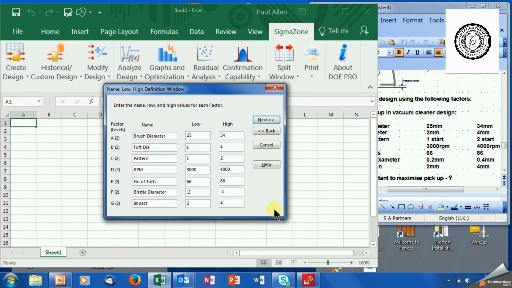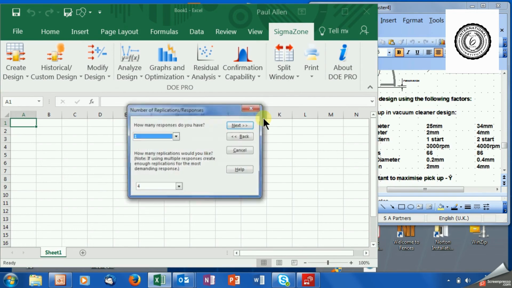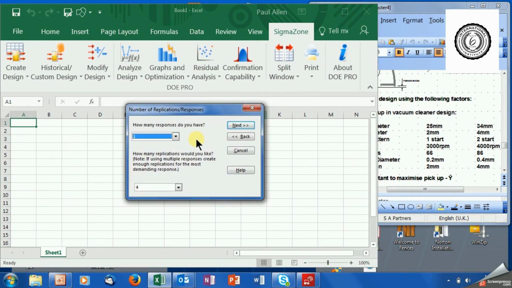So if you've got two suppliers, you're going to have to call it supplier 1 and supplier 2. Then click next. Then it says how many responses do you have. Now in this case we're trying to maximize the pickup of dust from the carpet. So in theory I just have one response, one thing that I'm going to measure, one output that I'm going